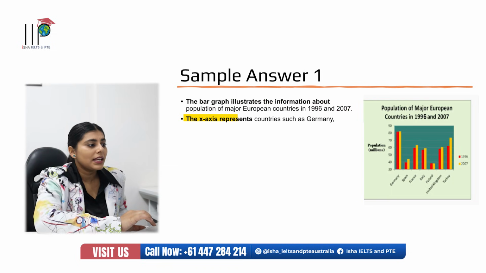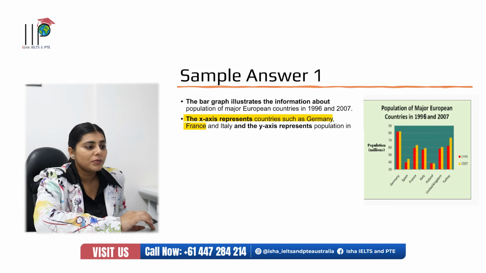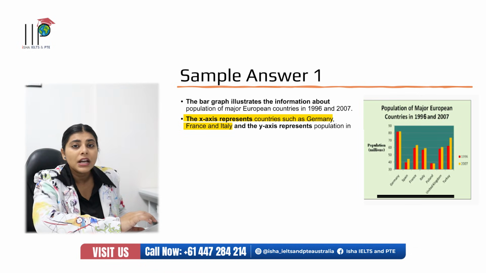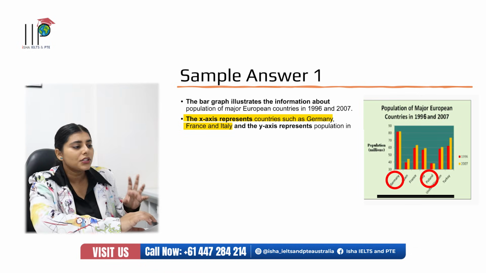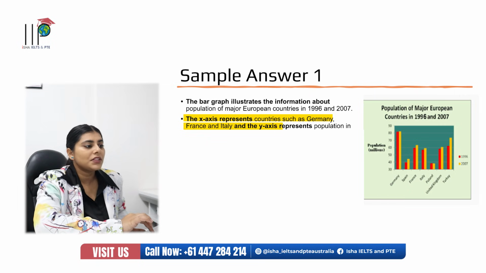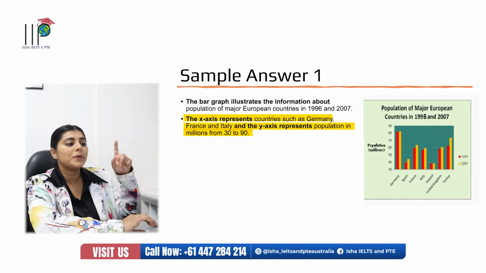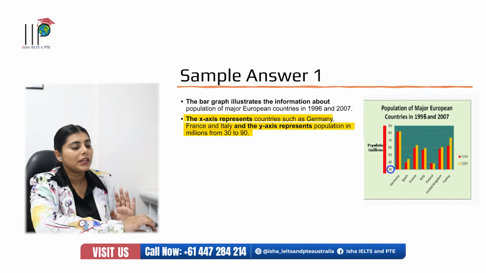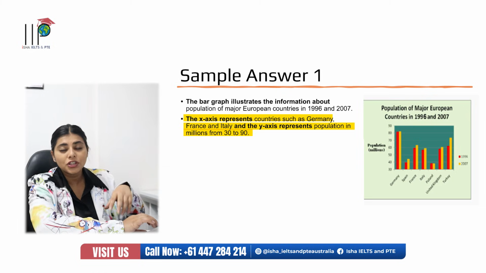And then I'm going to say the x-axis represents the countries such as Germany, France and Italy. It's not necessary that you have to speak all the countries that are given over here. Even if you will speak 3 or 4 countries, it should be totally fine. And the y-axis represents the population in millions, that is from 30 to 90. Again, you don't have to speak all the numbers 40, 50, 60, 70, 80, 90. Even if you just speak like the minimum and the maximum, like if you just speak it in the range,